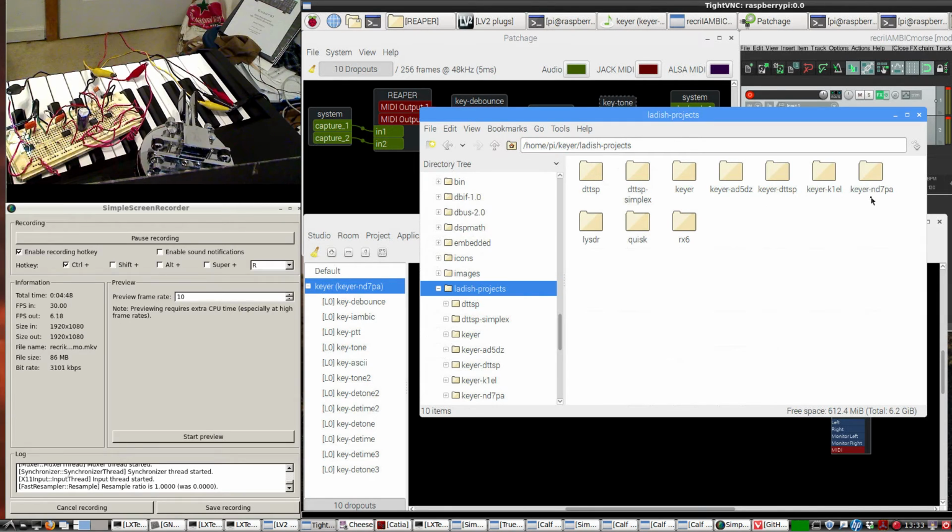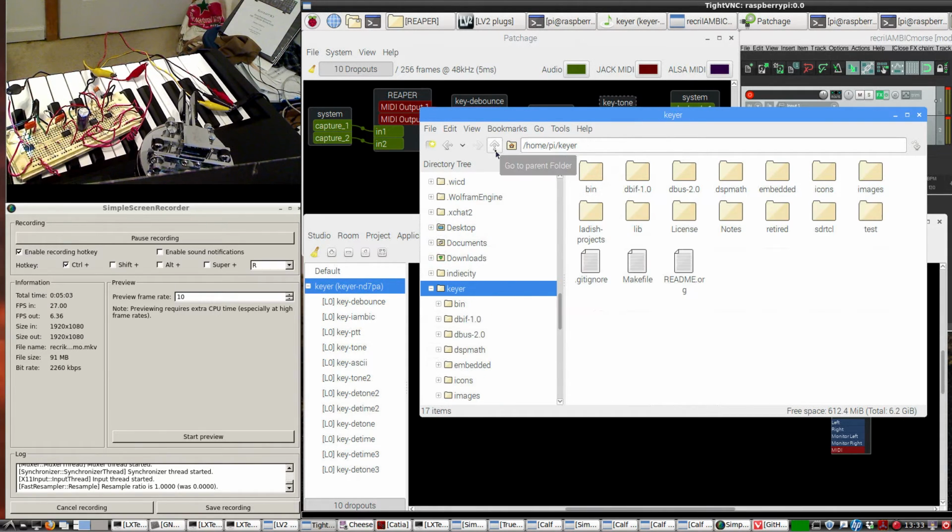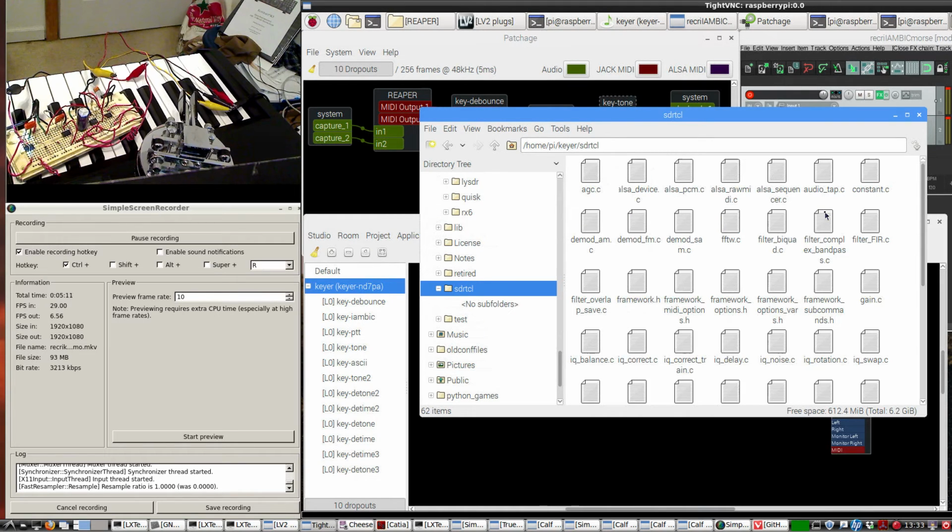I like this one here, since it has IAMBIC B. If I remember right, this one has IAMBIC A. So either way. Then before you apply make, you're going to go into the SDRTCL folder, open that up, look at the framework options,